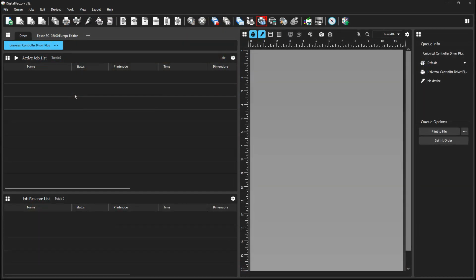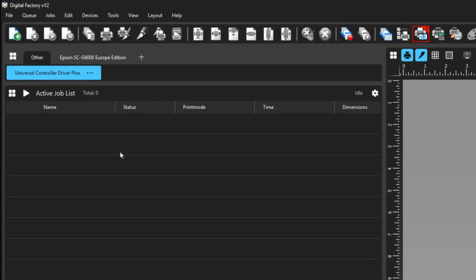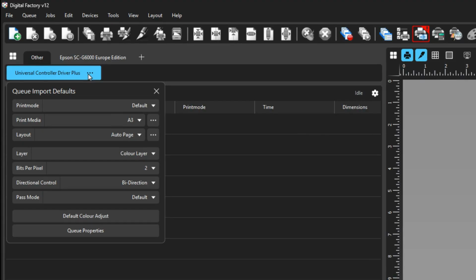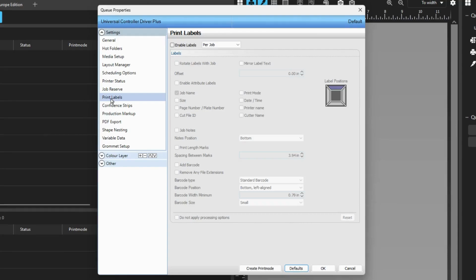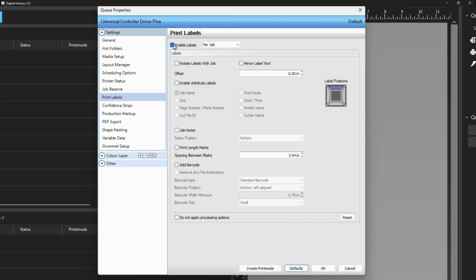To modify these settings for the queue, click on the three dots to the right of the queue and select Queue Properties found at the bottom. The Properties dialog will open, and to enable labels, select the Print Labels section on the left. Click on the tick box beside the title Enable Labels found at the top. With Enable Labels activated, you will now have the Gang Sheet ID, file names, and custom notes printed on the